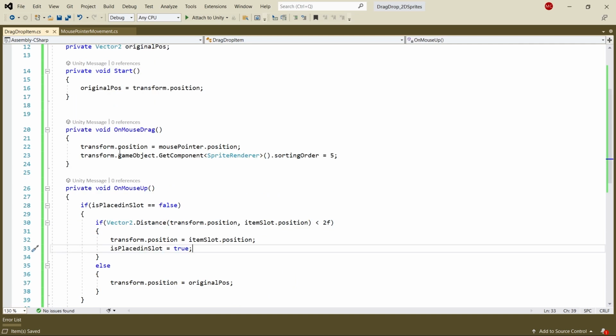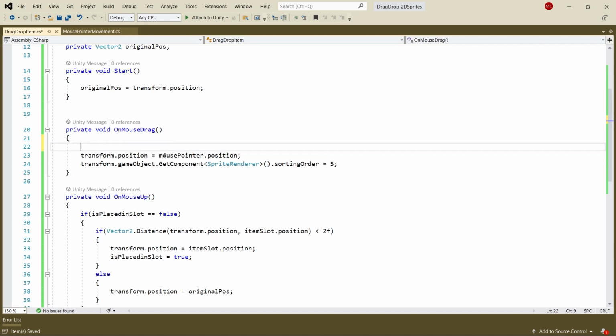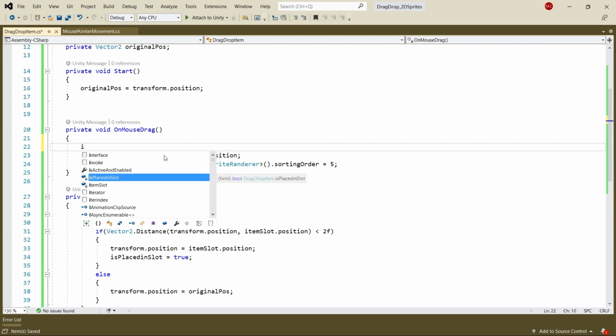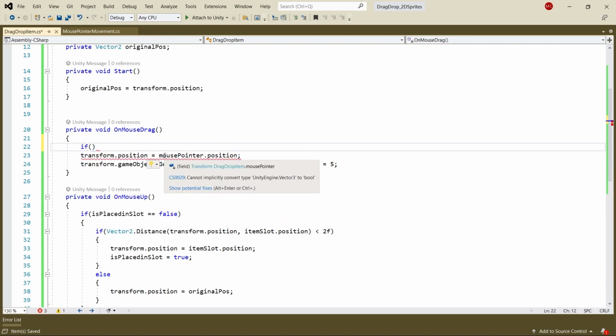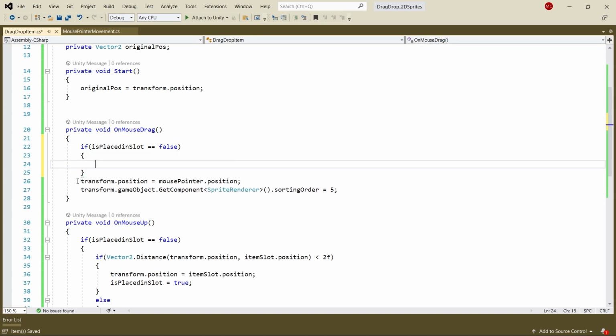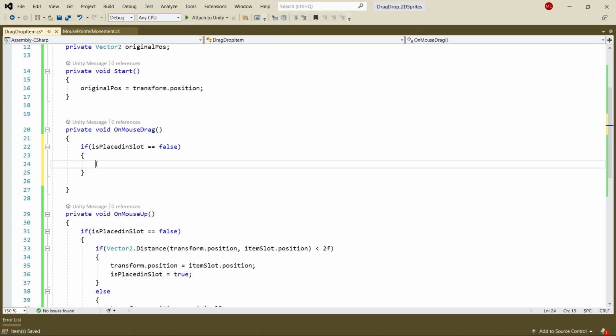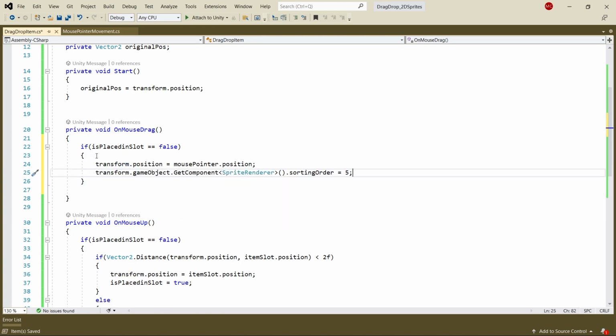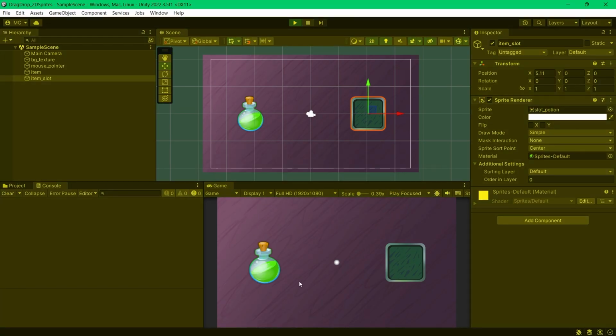So once this is done, drag should not work. Okay, so here we can simply use if is placed in slot is equal to false, then only these codes will work, otherwise it won't be dragged. All right, yeah, now it is not getting dragged. All right,